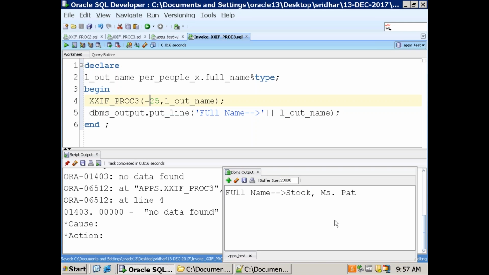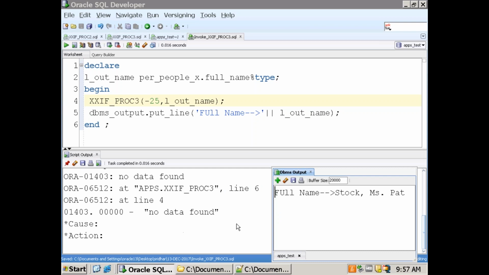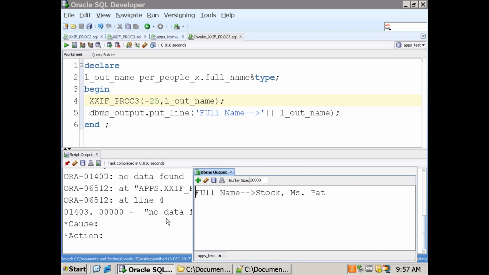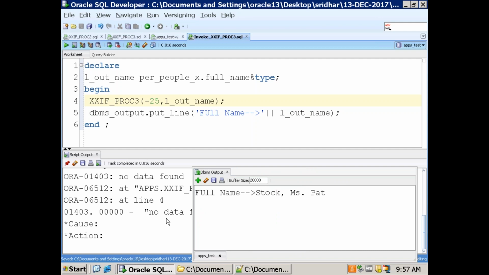Now what is it telling? Can you see? No data found. It's telling no data found, right? Exception raised. So now I don't want to receive no data found. Because here as a business user, if you see no data found, what do you understand by that? You will not understand that, right? So for a business user,